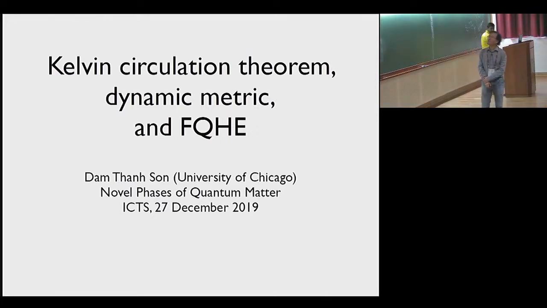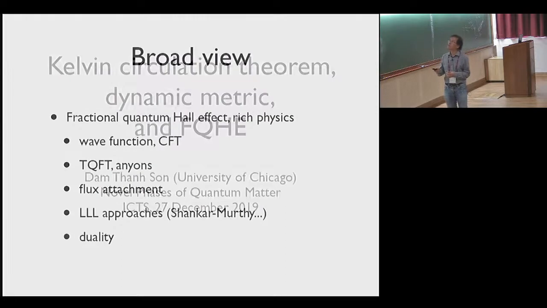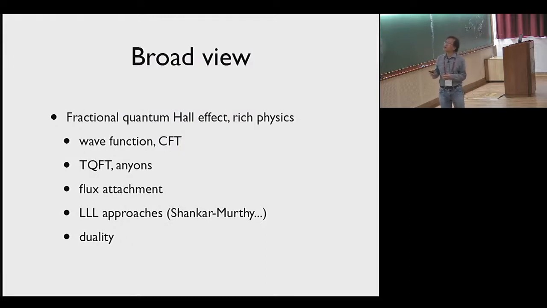I'm going to tell you about work with a title that may be unfamiliar to many people: Kelvin's circulation theorem, which I will explain, and how it is related to a picture of the fractional quantum Hall effect, in which a very important role is played by a spin 2 mode, which is called a dynamic metric. So the plan of my talk is first to